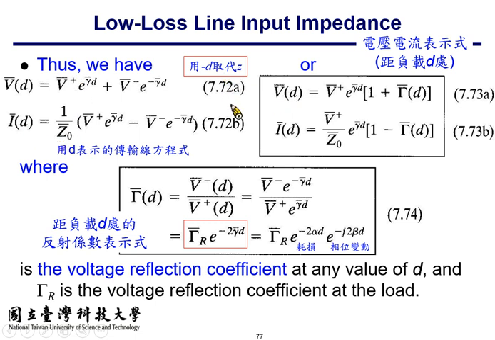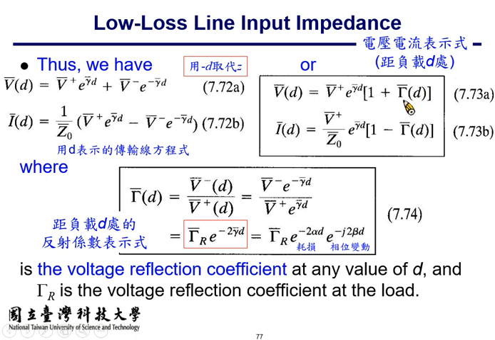So in 7.72a and b, you have the transmission line equation expressed in terms of the distance toward the load, which is marked as D. And here is an alternative expression for the V(D) and I(D) functions. So to the right, we try to